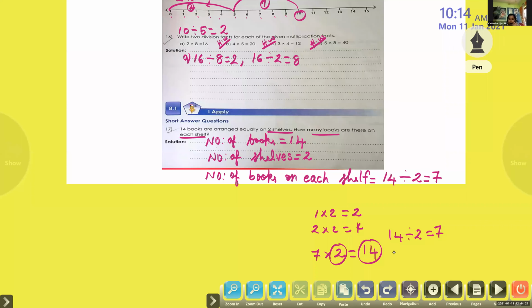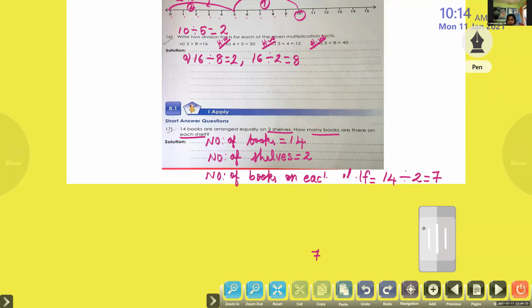I did not ask about that. Ma'am, I was asking about the CDMSB steps, whether we have to do that. No need to do that, because if the number is coming exactly on the table, you don't want to check these steps. Here 14 is coming directly on the table of 2, so you can avoid those steps.